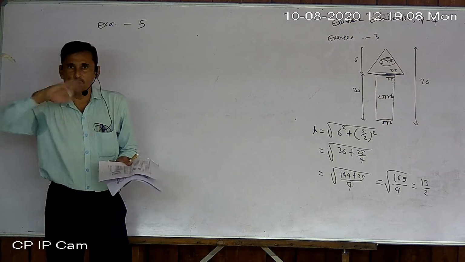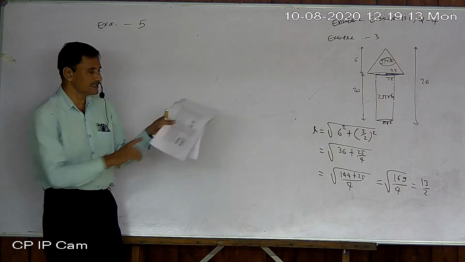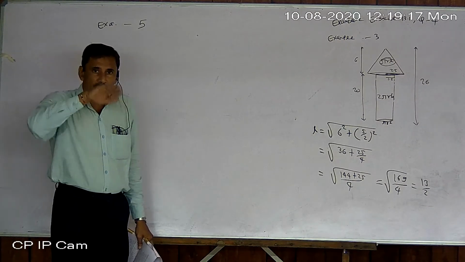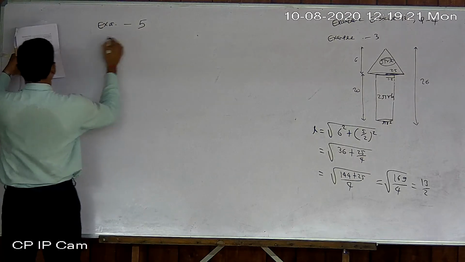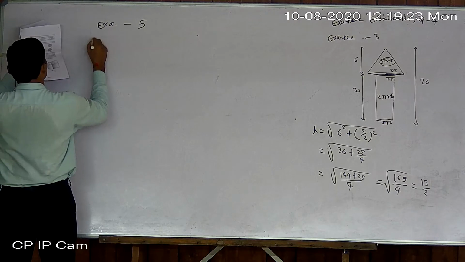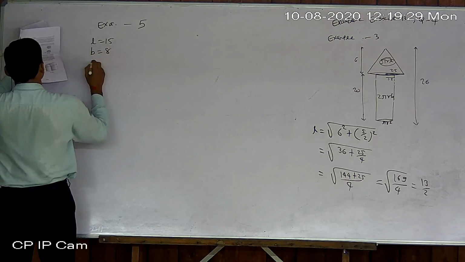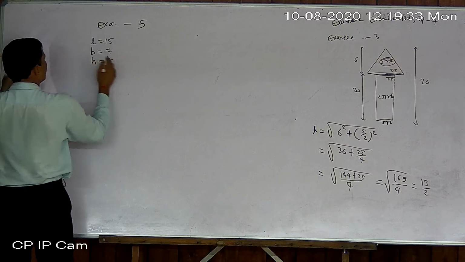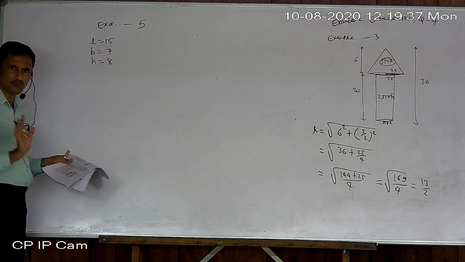Why? Roof is there, dome. So it is a dome-like structure, and that is a half cylinder. Obviously, you can see in your textbook the shape of that dome. Okay. So first of all, write down all measurements. So here L equal to 15, B equal to 8, B equal to 7 and S equal to 8. That is not important. You can interchange B and S also, no problem.